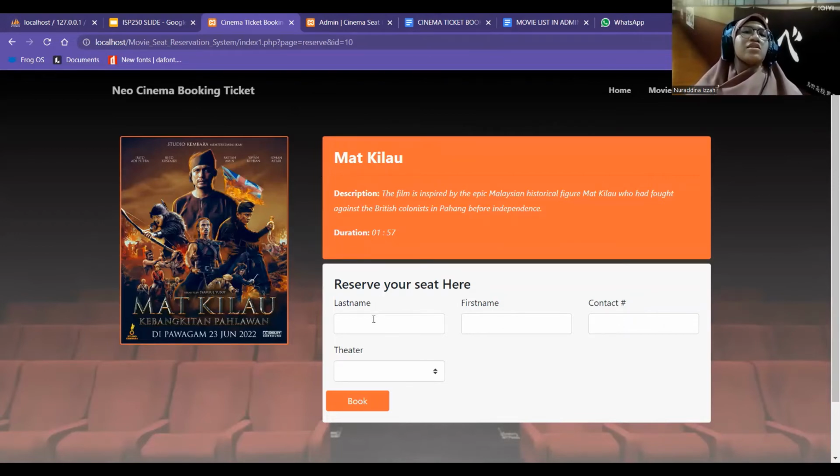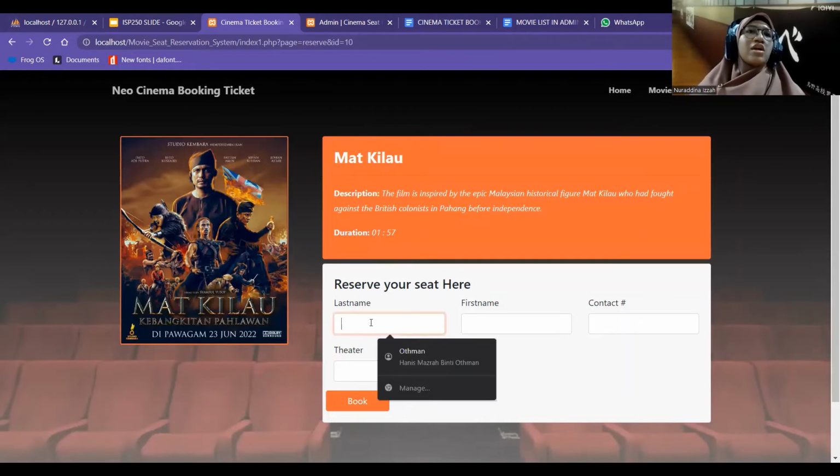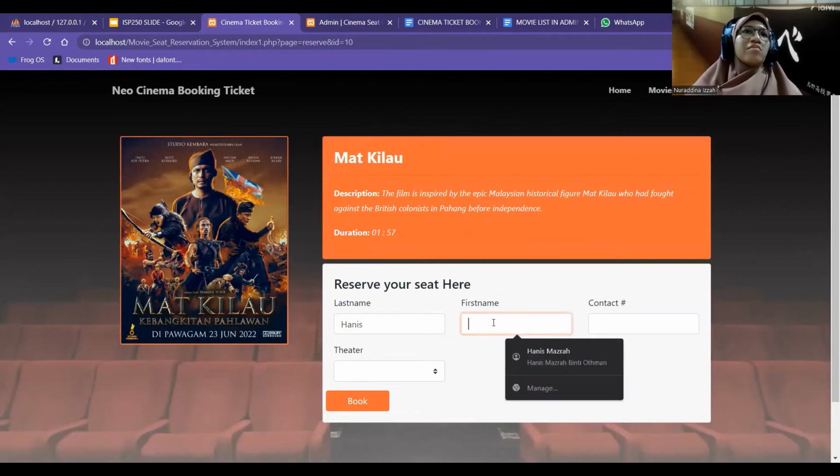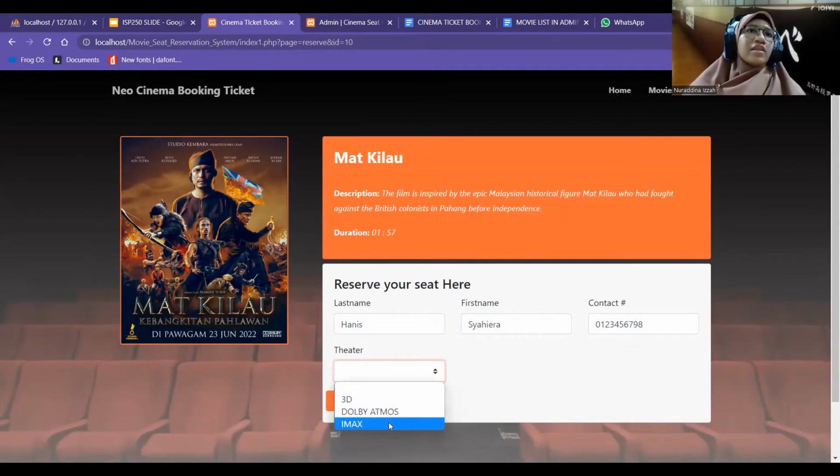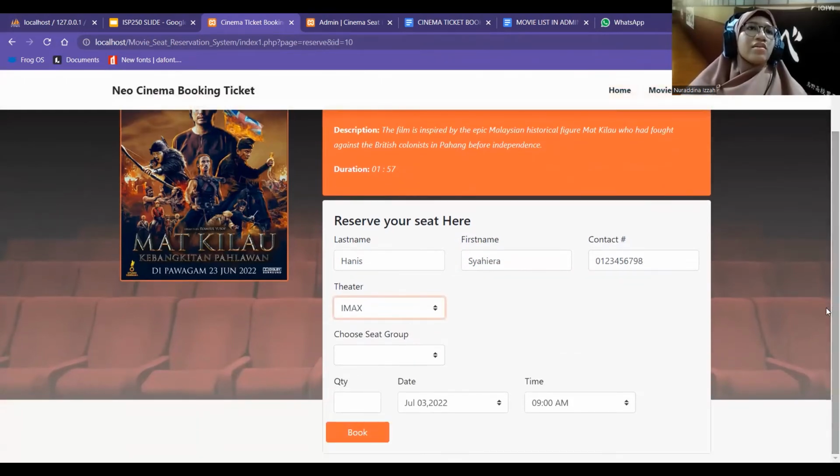To reserve the seat, they need to insert their last name, first name, contact number, and theatre. You also need to choose the seat group. For now, we have 2 seat groups, twin and single. Single is for 1 customer and twin for 2 customers.